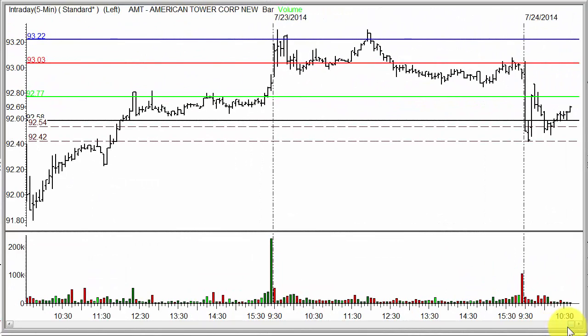Now we're still waiting on Six Flags to see if that one is going to trigger at this point in the morning. It is about 7:45 Los Angeles time, so we don't yet know whether that one is going to be on or off for the session. We did have American Tower Corp trigger. This one came down, hit 50% to the target at $92.54. Time to move the stop to break even. Went to 92.42, which is 10 cents to the target,